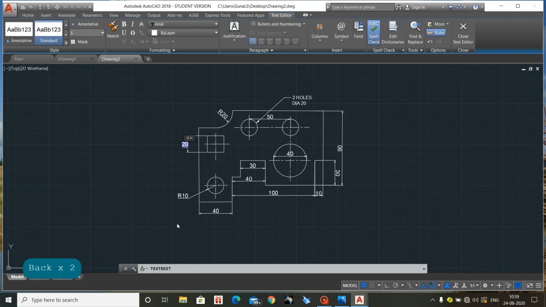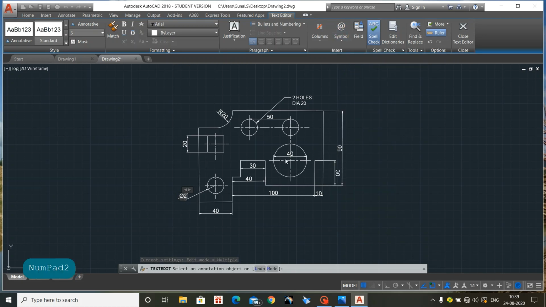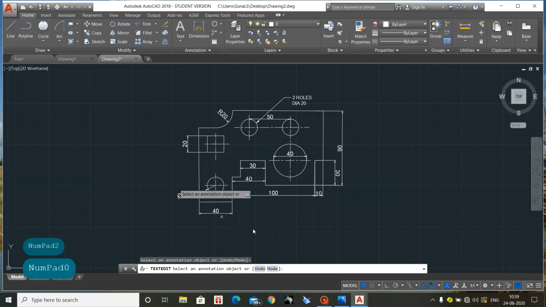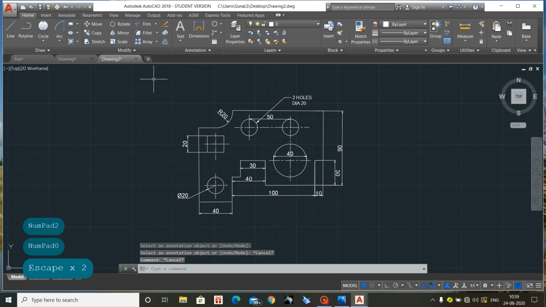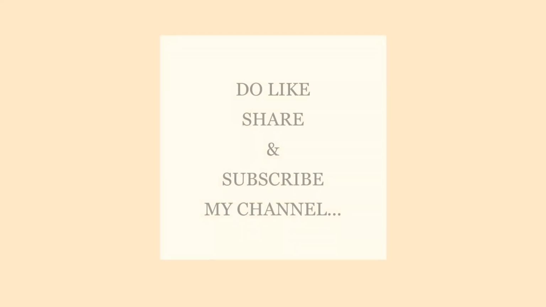That is the symbol. It will pop up only when you select the text. See here, now it is represented in the form of radius. Now I will change it into diameter. So dia 20. There itself we will get the shortcuts. For diameter it is percentage C. In the text here, if you type percentage C, it will directly give the diameter. So the symbol is directly imported. Percentage C.